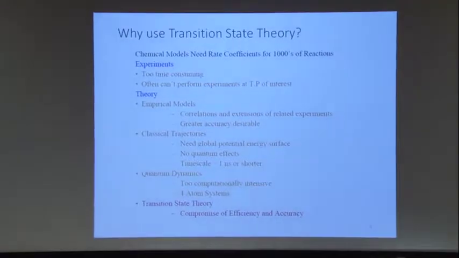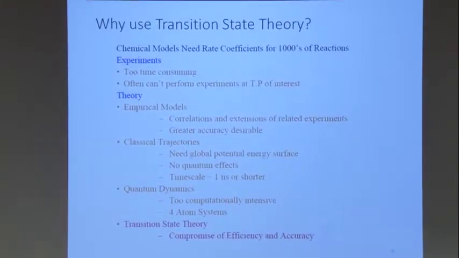You could solve the real quantum dynamics problem. So instead of making the transition state approximation, you could solve what are called the scattering equations of quantum mechanics, of what happens when two things bump into each other and what's the probability that they react. But it turns out that if you have more than 4 atoms, you're not going to be able to afford it. There's one example in the literature, somebody did one with 5 atoms. That's like the heroic calculation. So if you have any systems bigger than 5 atoms, this is really not a viable option.